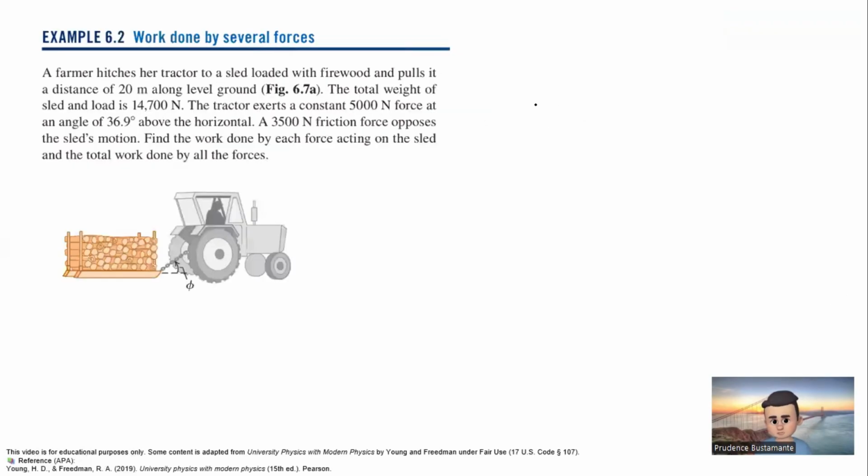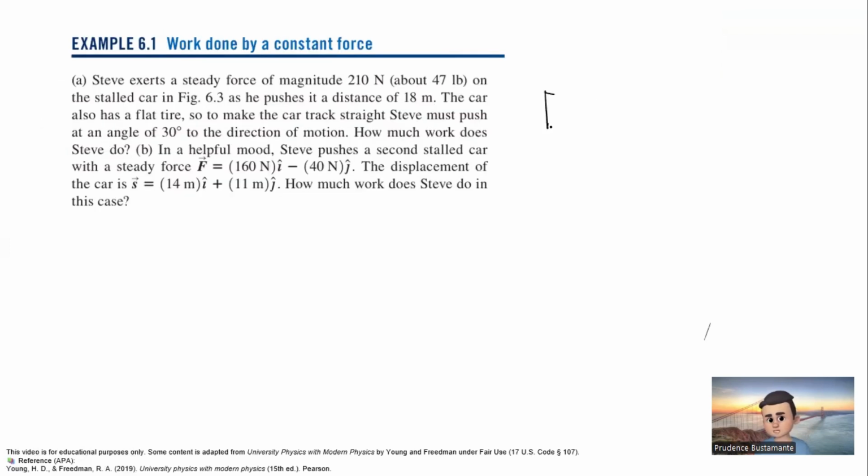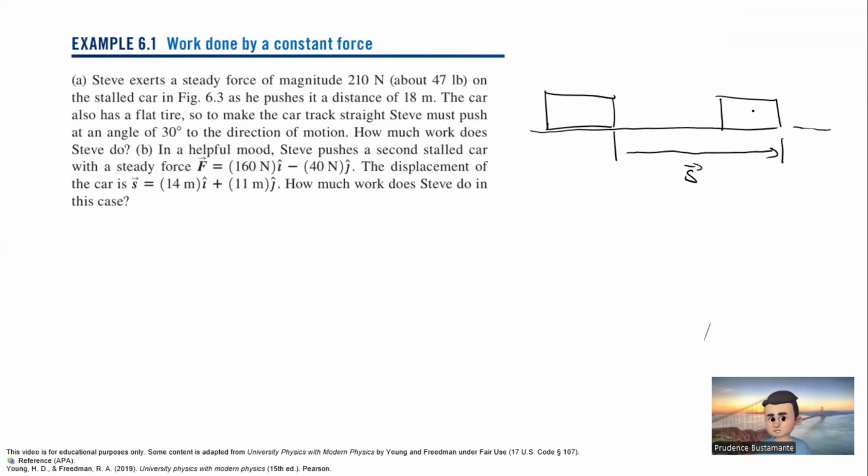So we have a car. We have a car that undergoes a displacement. Okay. So we have here S from here. It undergoes a straight line displacement along X. And we have a force F like this. That's what figure 6.3 has. This is the car. Okay, the car undergoes a displacement acted by a force with an angle phi from the positive x-axis.